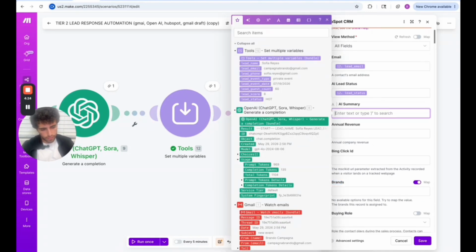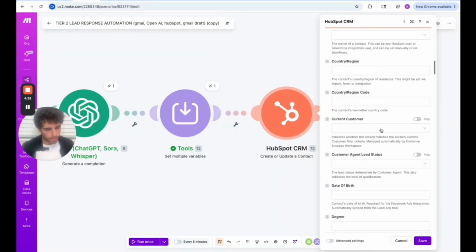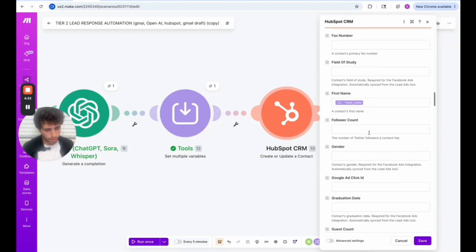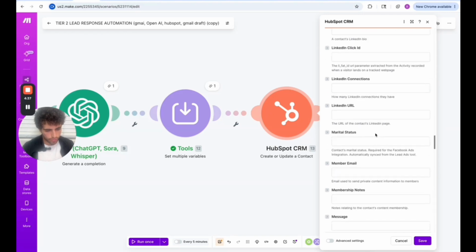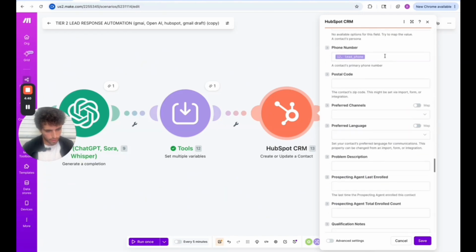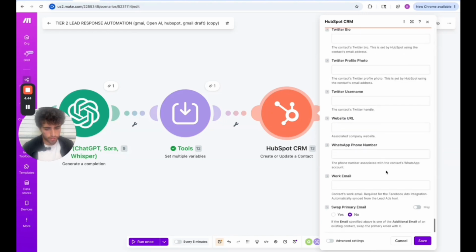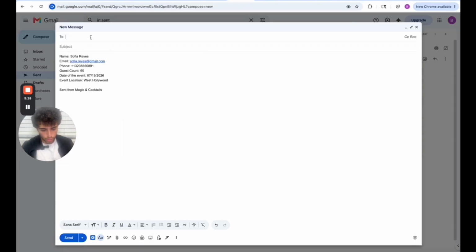In this case, I don't have AI summary, so I can just delete it. And then scroll down, event date, lead event type, lead name, guest count, lead score, lead phone, and that's it. You can save. So we can close it, and now let's finally test it to see if we have all the information in our CRM. So again, another test email to